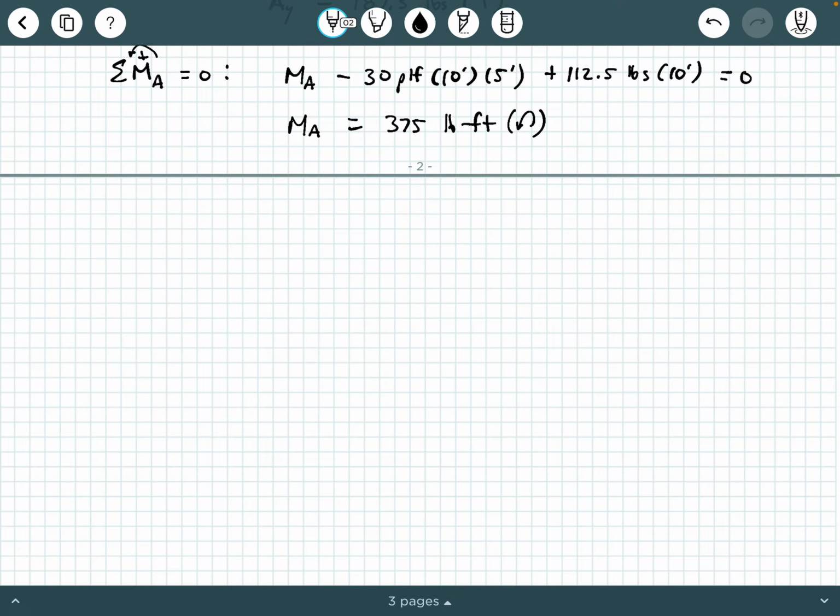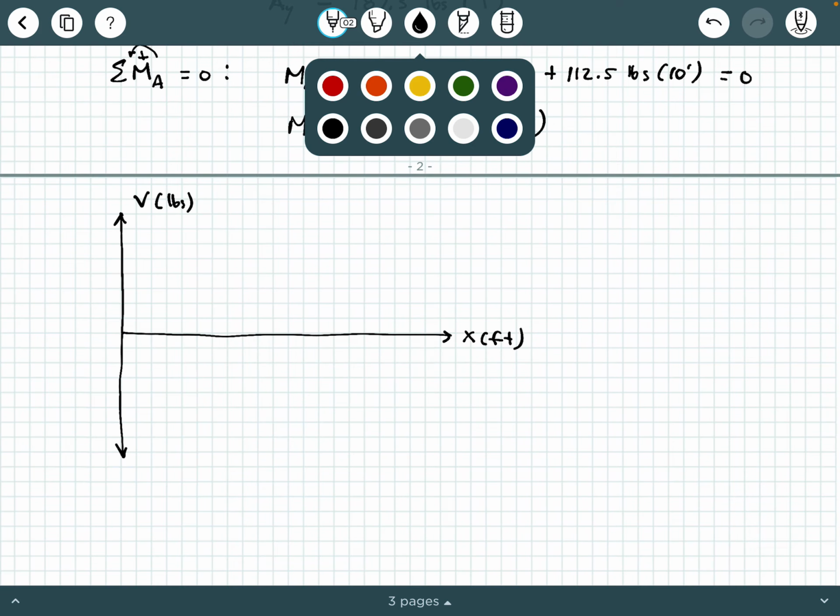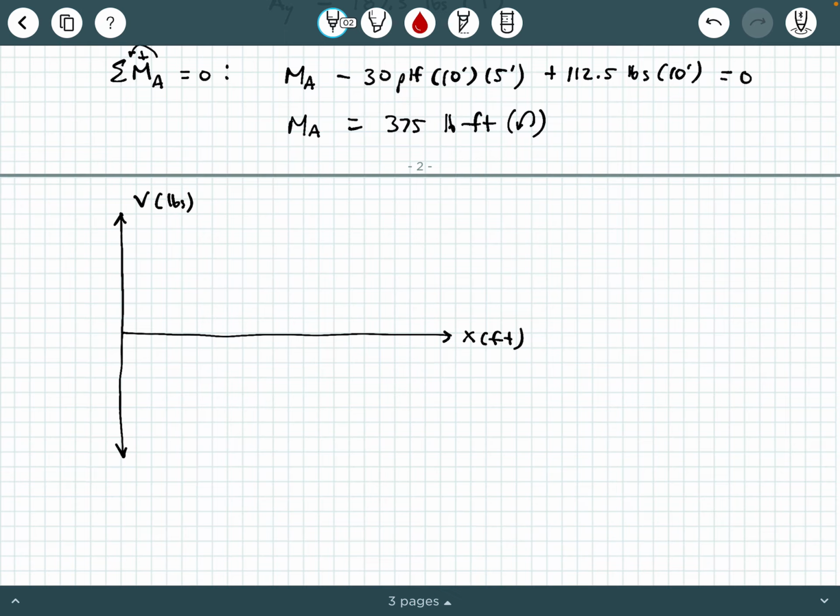So if you're a little rusty on shear moment diagrams, you need to go back and review these concepts. I am going to go a little bit fast in sketching these. So here, we're going to have our shear axis in pounds, and there's our x-axis in feet. So moving from left to right, we encounter AY first, which is going to push us up to the value of 187.5,